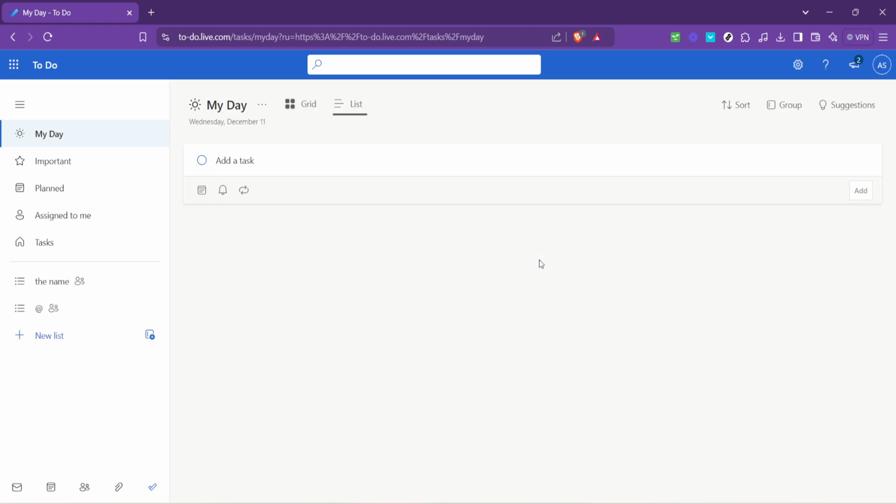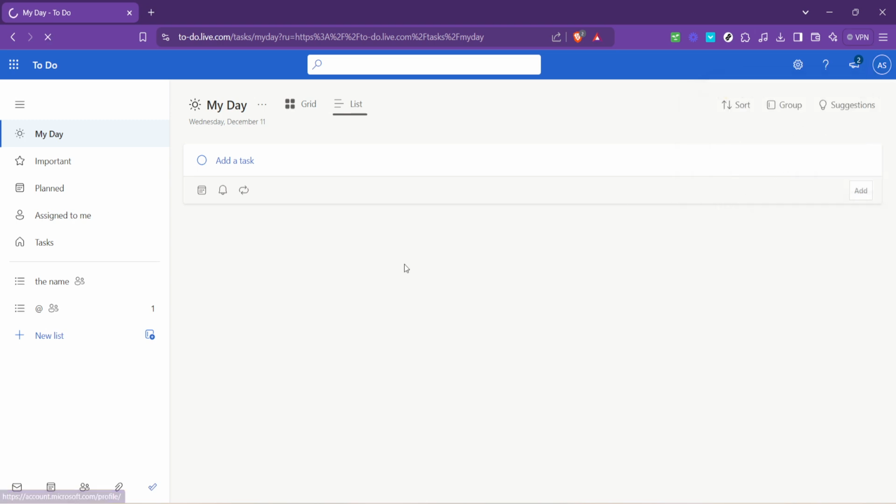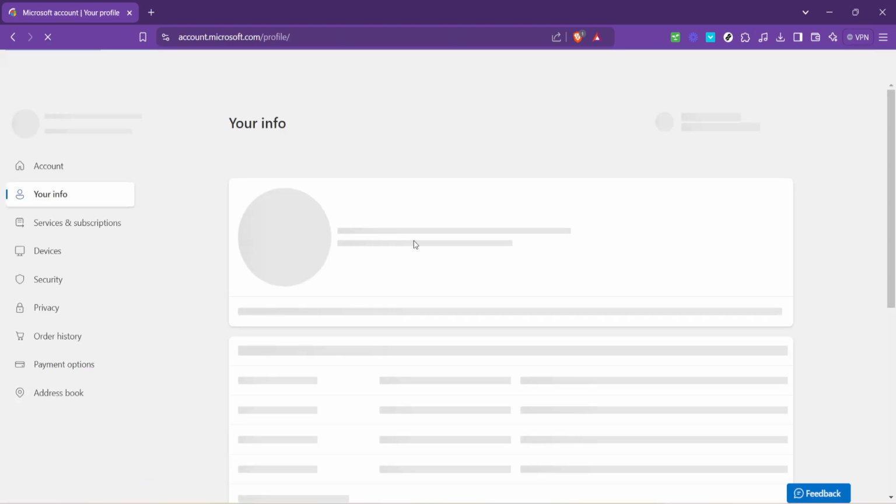Now for the task at hand, changing the language. To do this, first locate your profile icon. It's typically in the top right corner of the My Day page. A click on this will bring up a small menu, and what you're looking for here is the option labelled My Profile. Click on that and it will take you out of To Do and into your Microsoft account settings